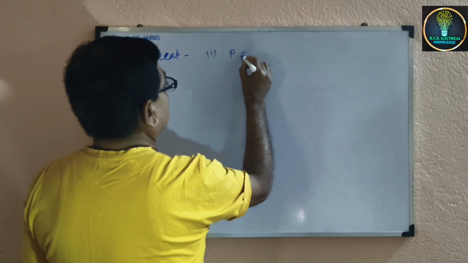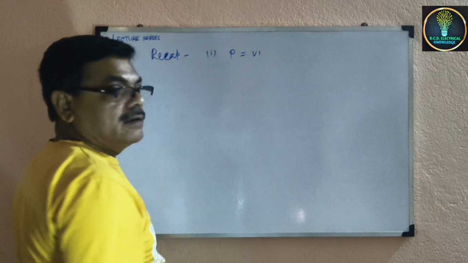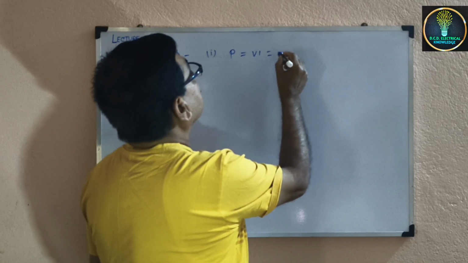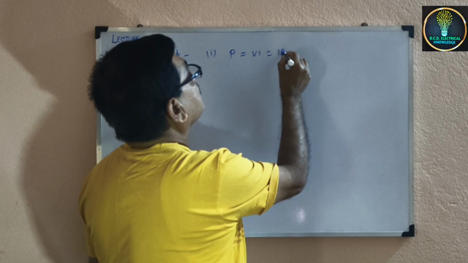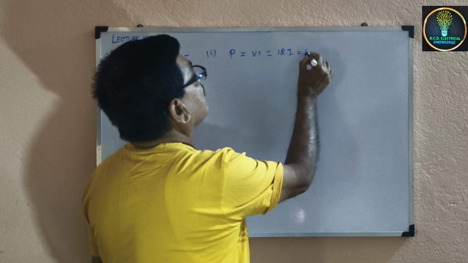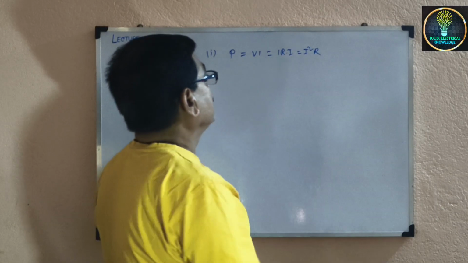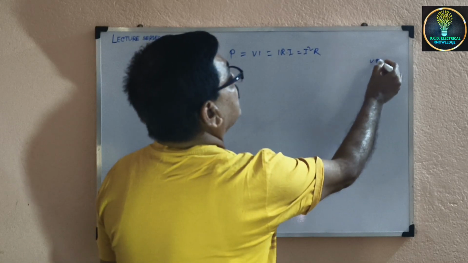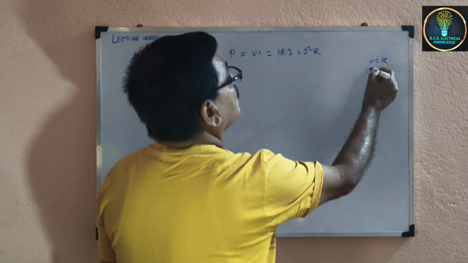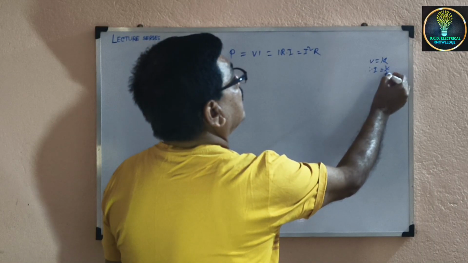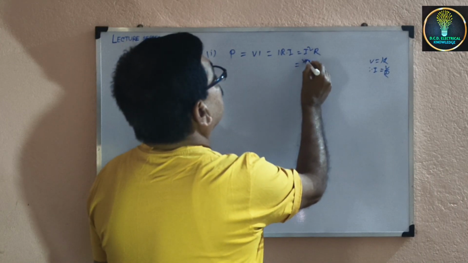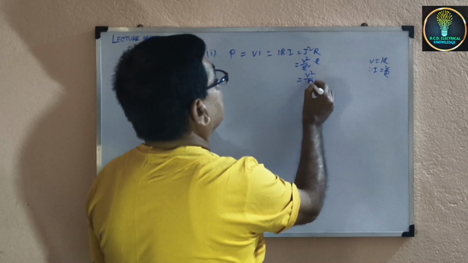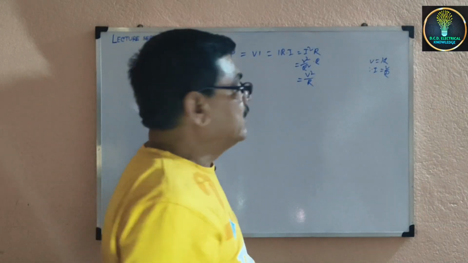Power P is equal to V into I, and V is equal to IR, so P is equal to I square R. And according to Ohm's law V is equal to IR, so I is equal to V by R, then P is equal to V square by R square into R, that is V square by R. Okay, next,